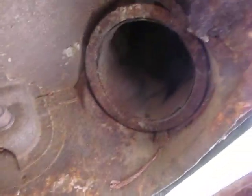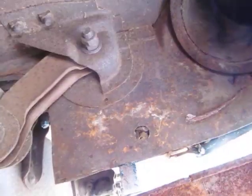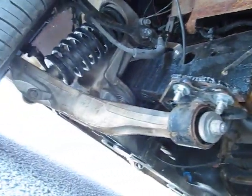These are the original floor pans. I mean, look at that. That's the original cab corner. And there's your filler neck. There's a little bit of rust around that, but that cab corner is in great shape for being original. These floor pans as well, great shape. Frame rails, no rust on the frame. And you can see, of course, that they welded in the